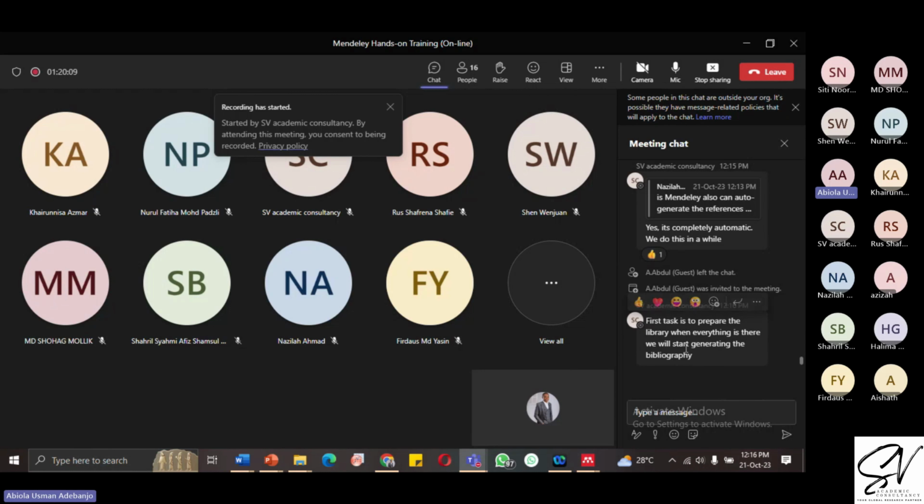Exactly. Thank you very much for that. The first thing is to prepare the library. That's what we are doing now. We're trying to prepare our library with some items. So once you have a library, then you can easily access the information from the library through your Mendeley site